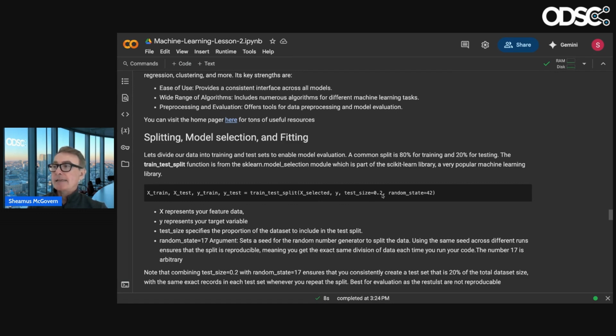You can set the test size to 0.2. That's out of 1, so that's 20% versus 80%. Random seed, this can be important because you set your random state to any number. It doesn't matter what number you set it to, I believe, at least when I was using it. Set it to any number.